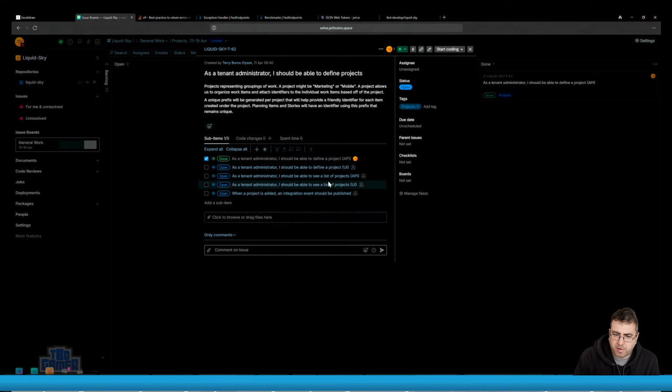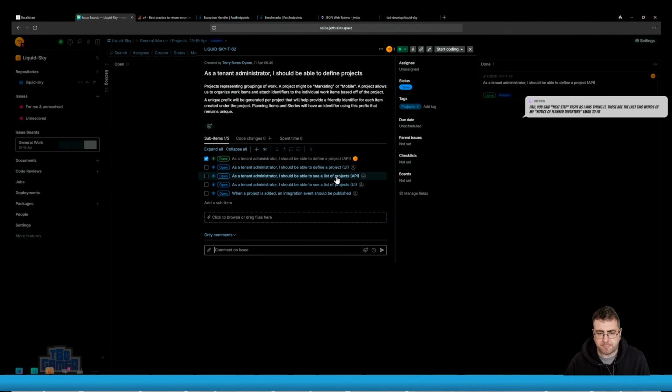The list of projects comes next, then UI for the list. So each one of these is kind of two sides of the coin. The reason I'm breaking them down that way is because obviously they are quite distinct sets of work. They're both large enough in their own respect that they could potentially be worked on in parallel. If you were working with a team in this, what you could do,